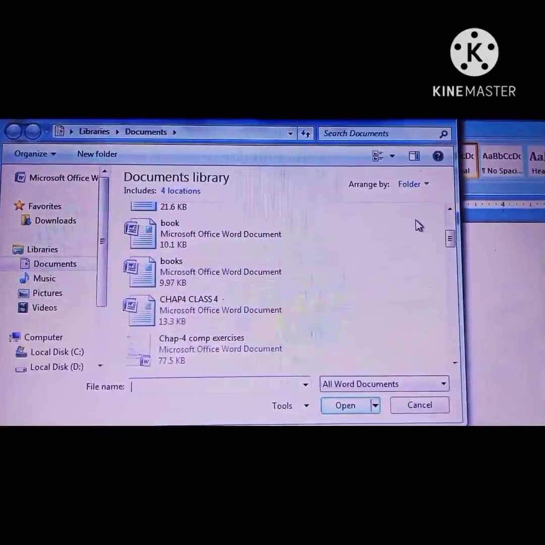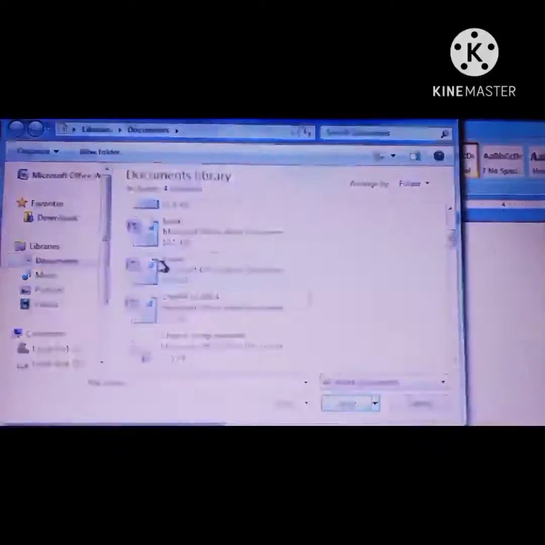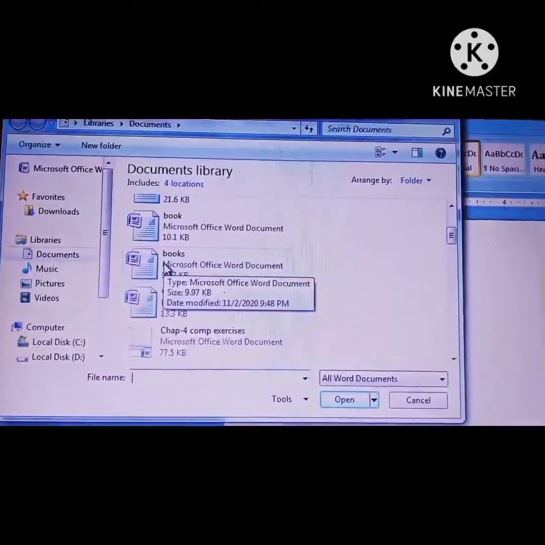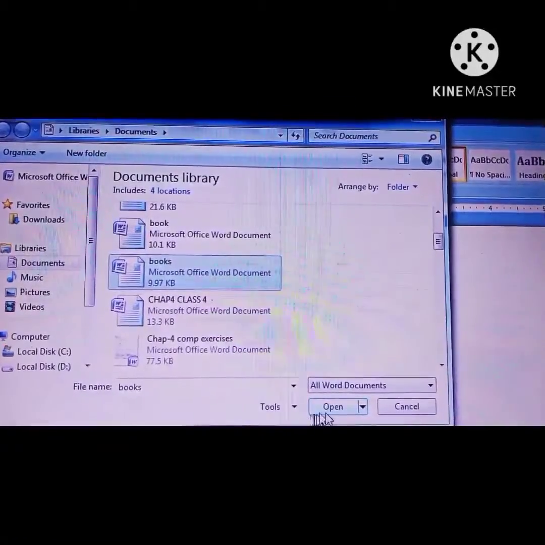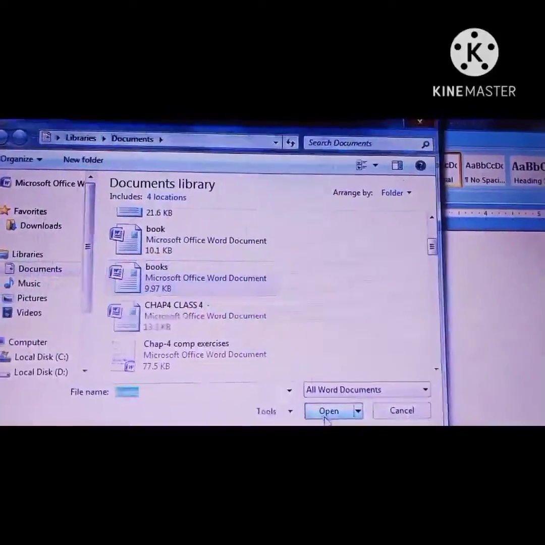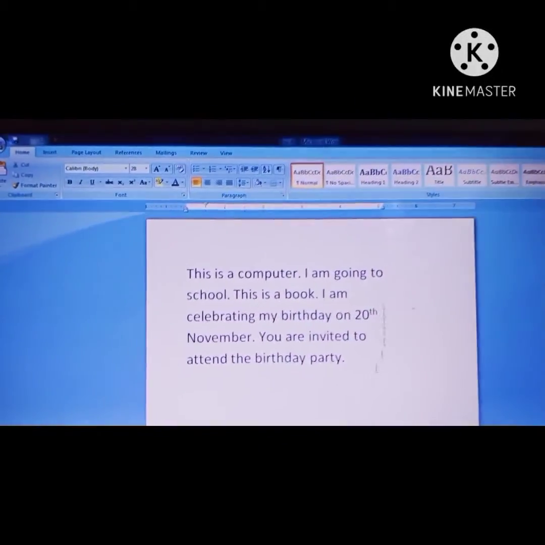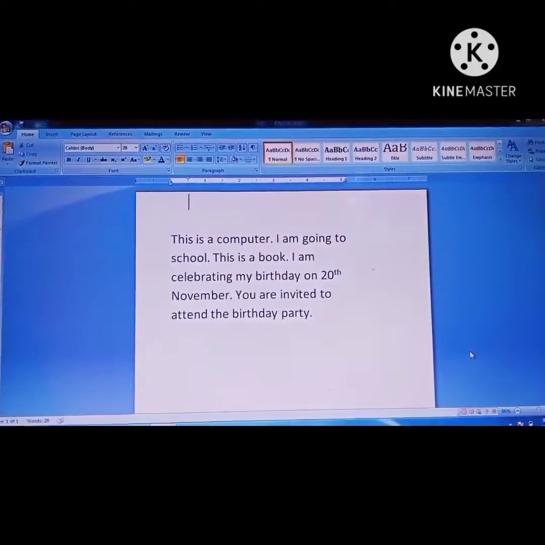Now select the document by clicking on its name. I am selecting the document here. Your file name is Books. Click it here and then click on the Open option. Your document will open here. This is the function of opening a document.